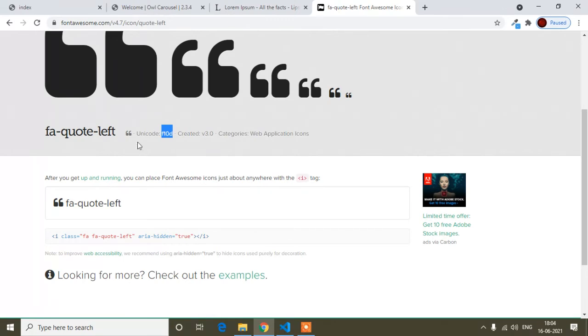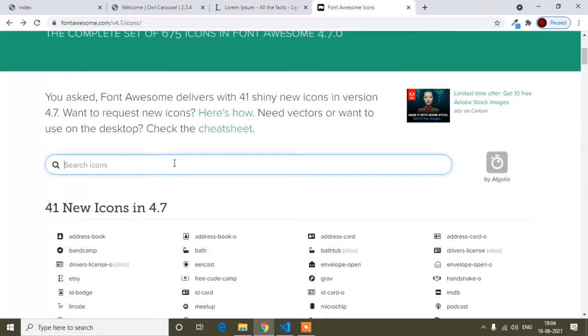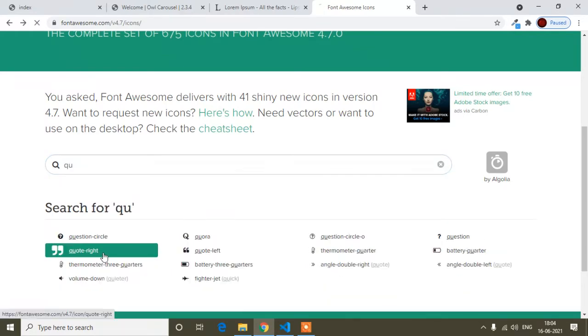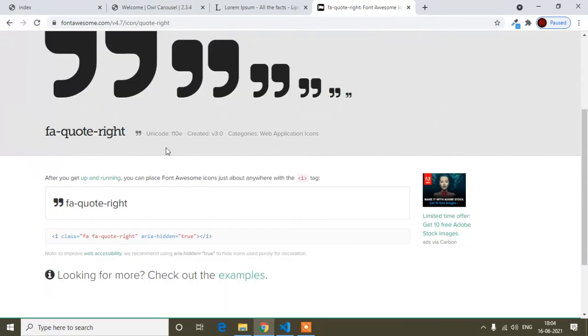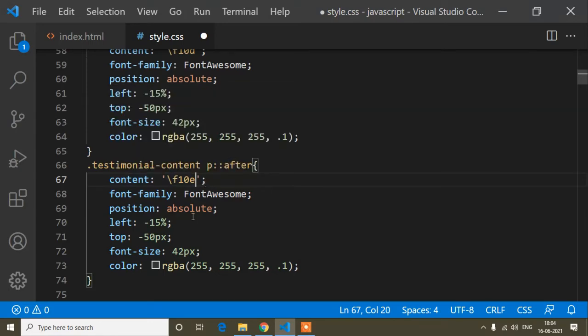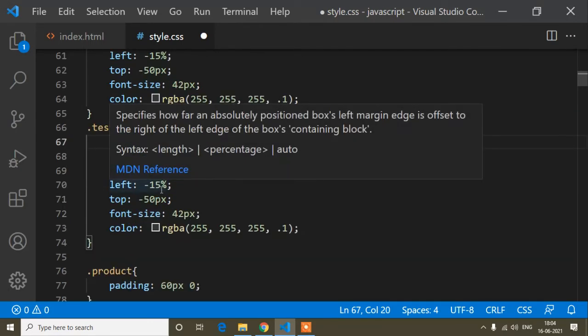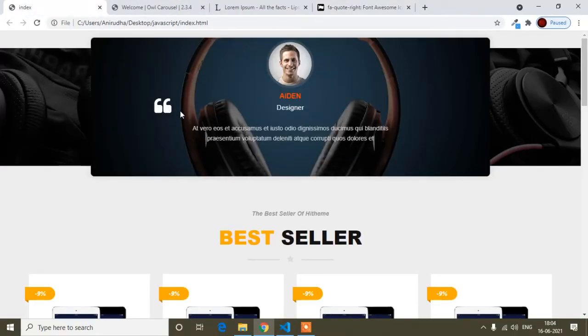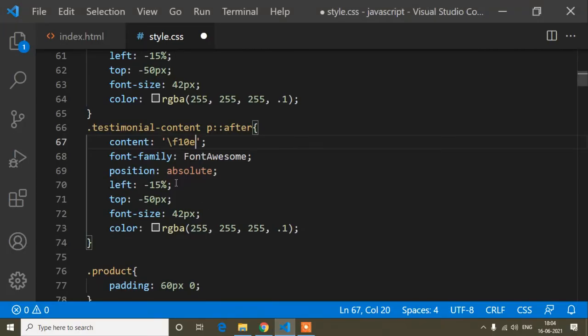So here this one is the starting quotes, and here, if I find the closing quotes, now this code, I will copy this icon code here and just paste it here. Okay, and now I will change the position. So here it was in the before, so that's why I had written left, and it will be right.